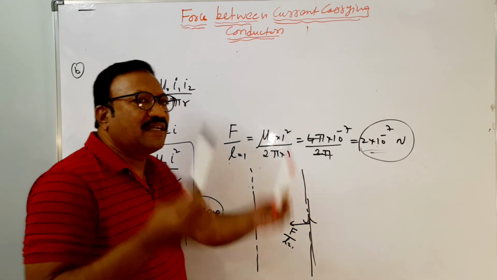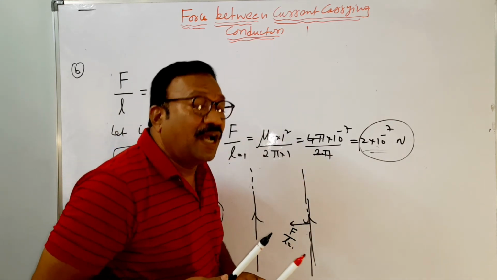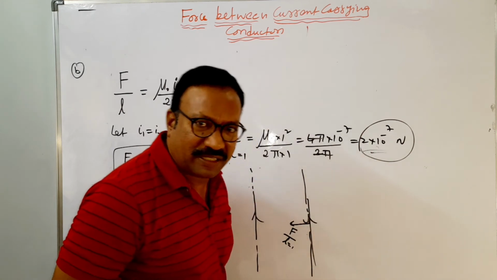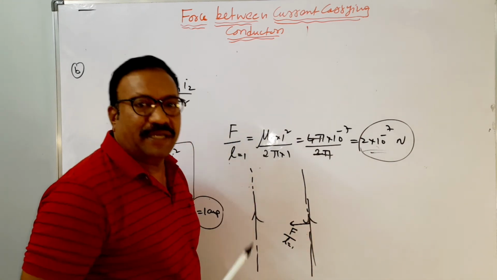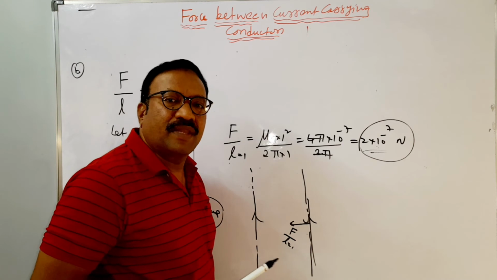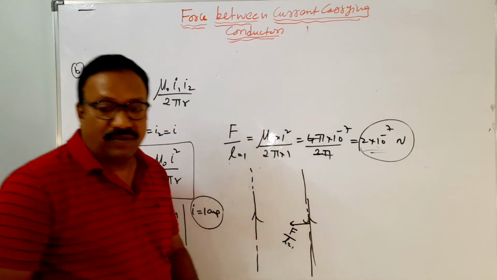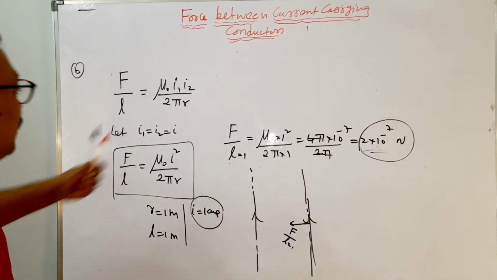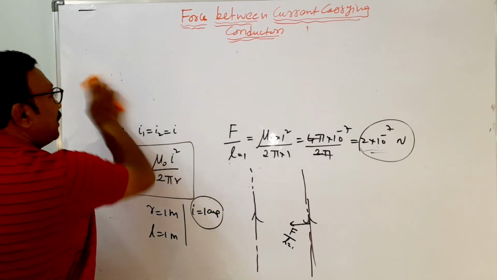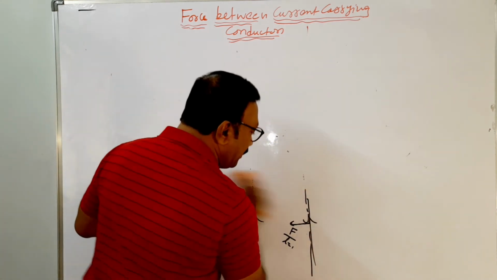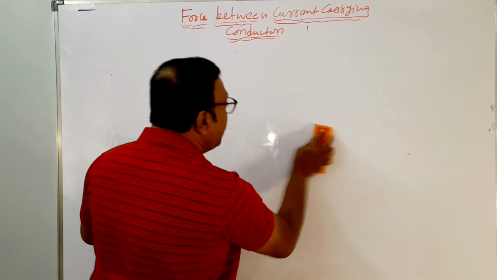Okay? If the conductors have either the force of attraction or repulsion per 1 meter equal to 2 into 10 to the power of minus 7 newtons, separated by 1 meter, that is unit meter, then the currents in these wires can be defined as 1 ampere. So this is another application now. So we come to the third application. One was defining ampere here.